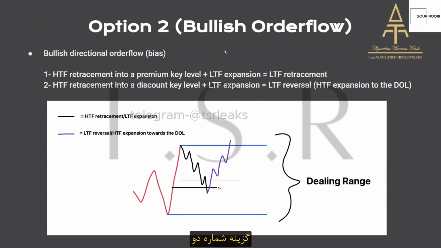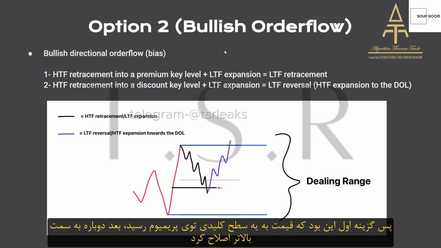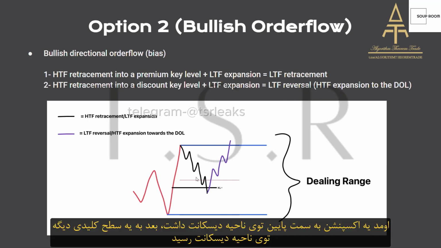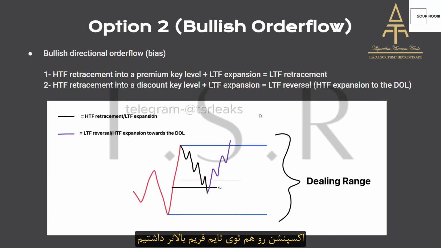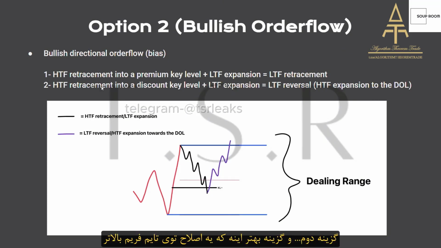Option number 2. So the first option, you saw price hit a key level in a premium, then retraced back up, expanding lower into a discount, and then hit another key level in a discount, and then expanded higher, reversal on the lower time frame, expansion on the higher time frame. The second option,